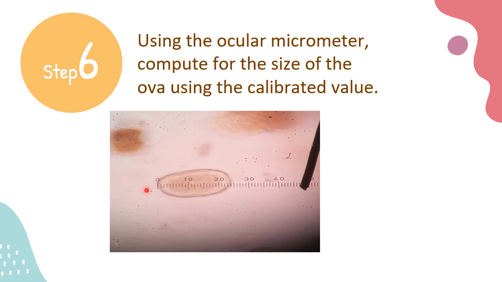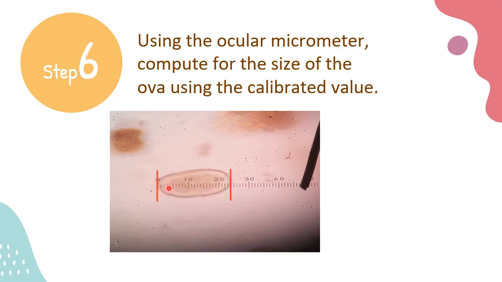Very important to please align the organism you are measuring from end to end with the OM scale. Make sure that one end of the organism is completely superimposed on the zero line to measure it accurately. Now, measure to the other end of the organism and count the lines just like you would on a ruler, okay? So this is how long the parasite is in ocular units.